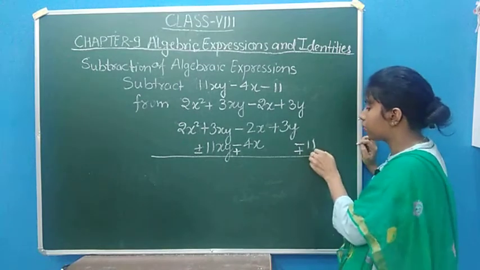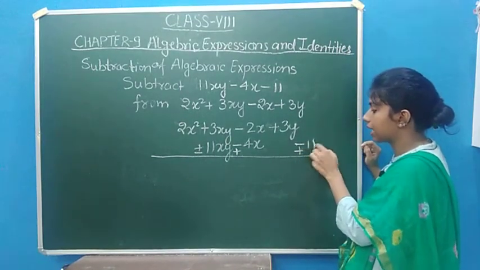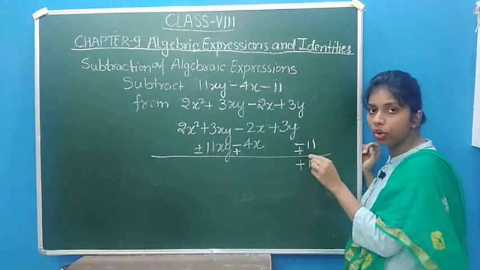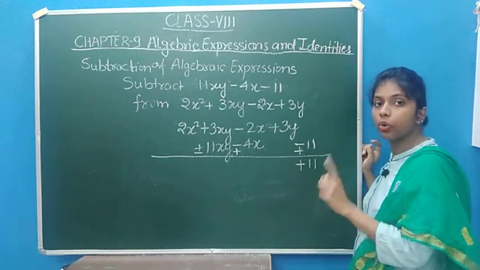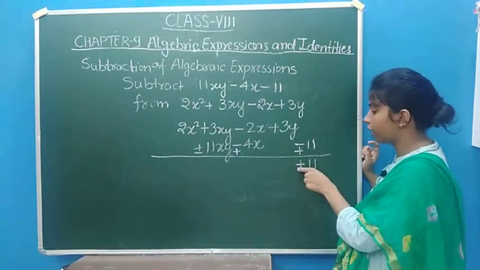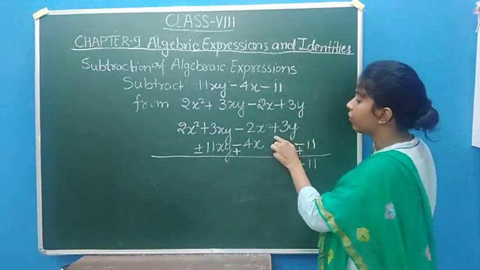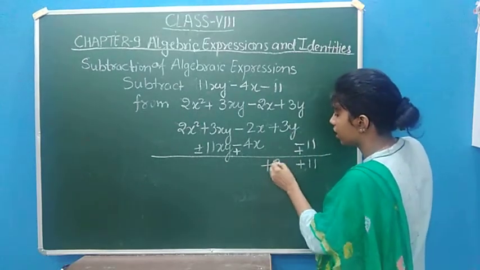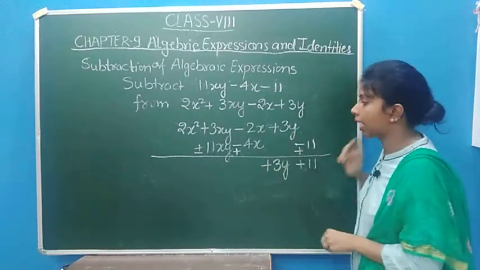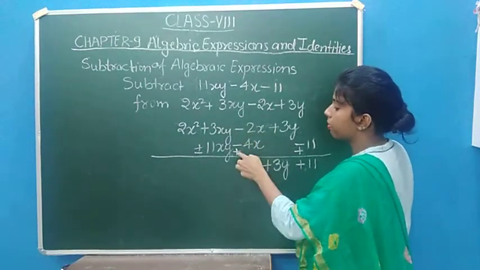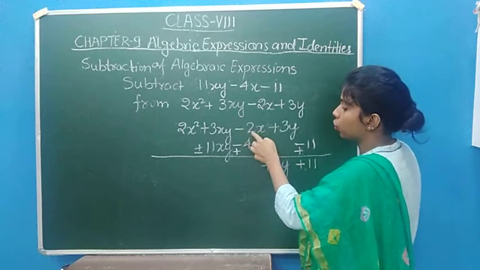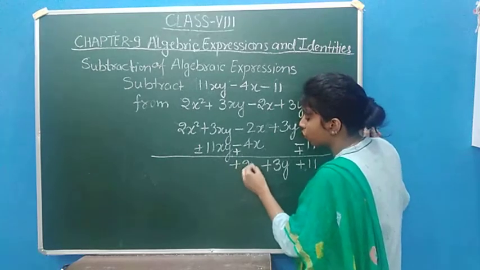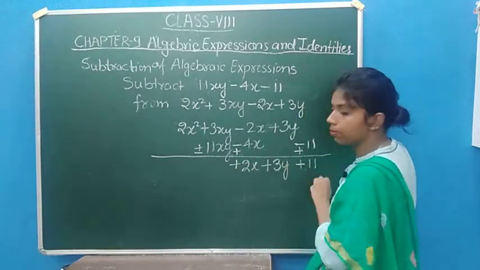So it is simple addition. We have to add nothing with plus 11, so it becomes plus 11. I am taking this new sign, not the old one. After changing we have to take only the new sign, not the old one, so we get plus 11. After that we have nothing here, so if we add plus 3y with nothing, obviously we get plus 3y. Then minus 2x plus 4x, so what do we get here? It is plus 2x. 4 minus 2 is plus 2x.